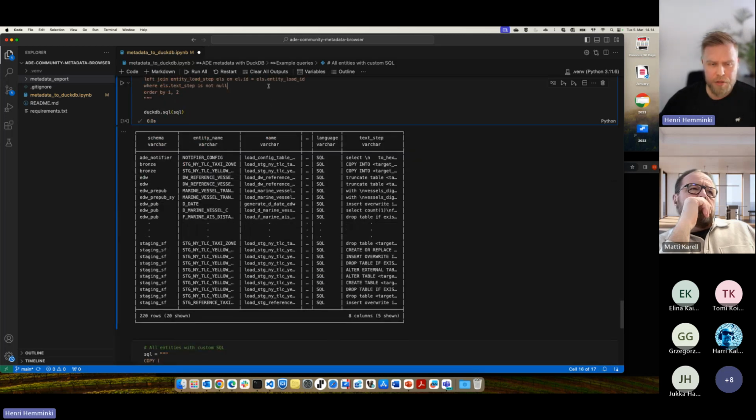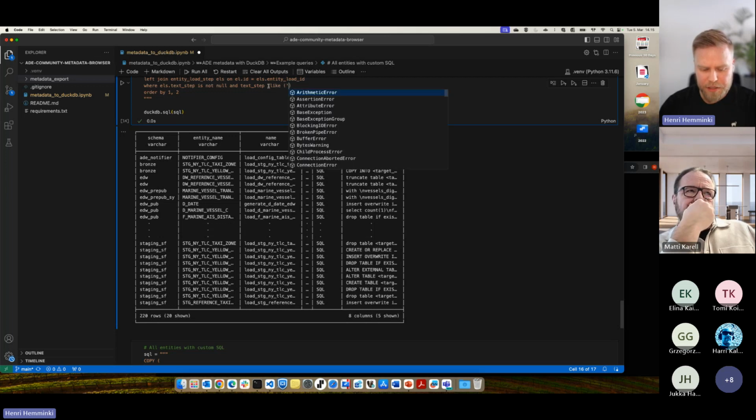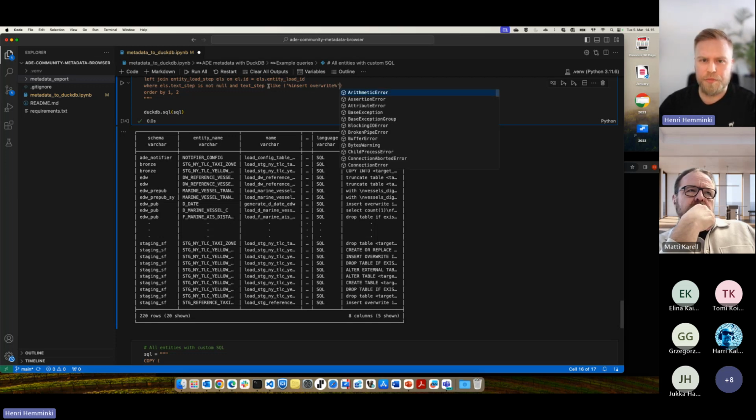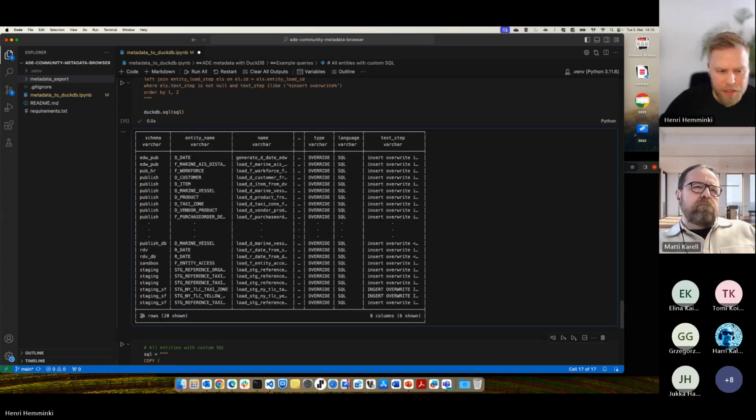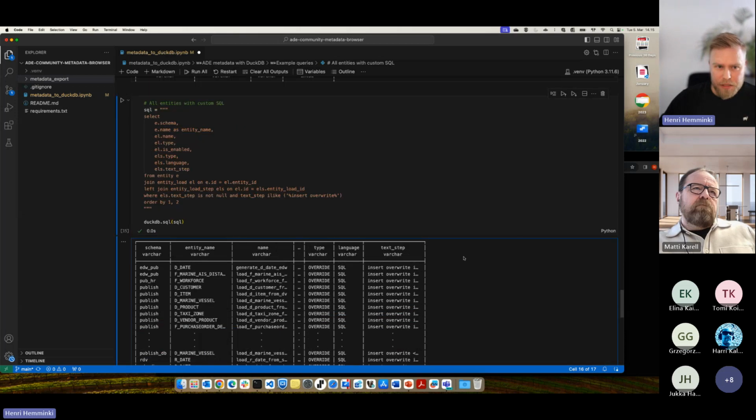Or if I want to find all the SQLs that contain something like insert overwrite, which is used mainly in Snowflake, let's see if we have those. It seems we have 26 of those SQLs in our ADE instance.